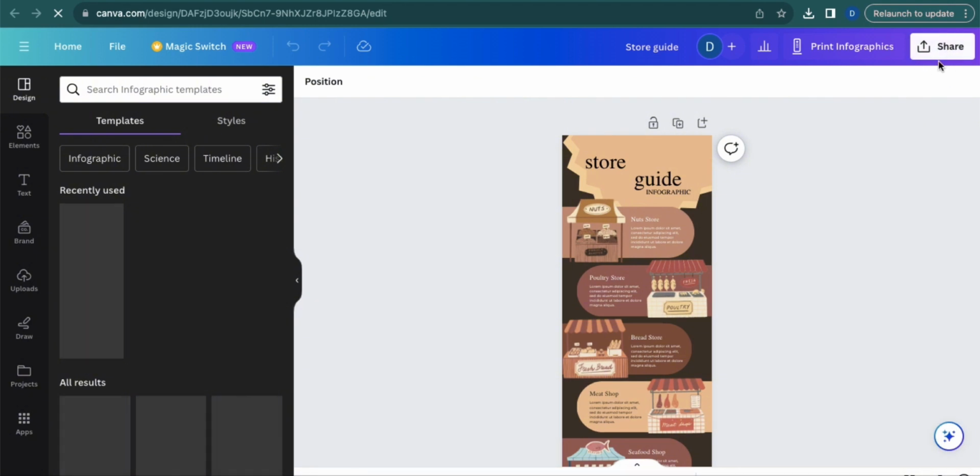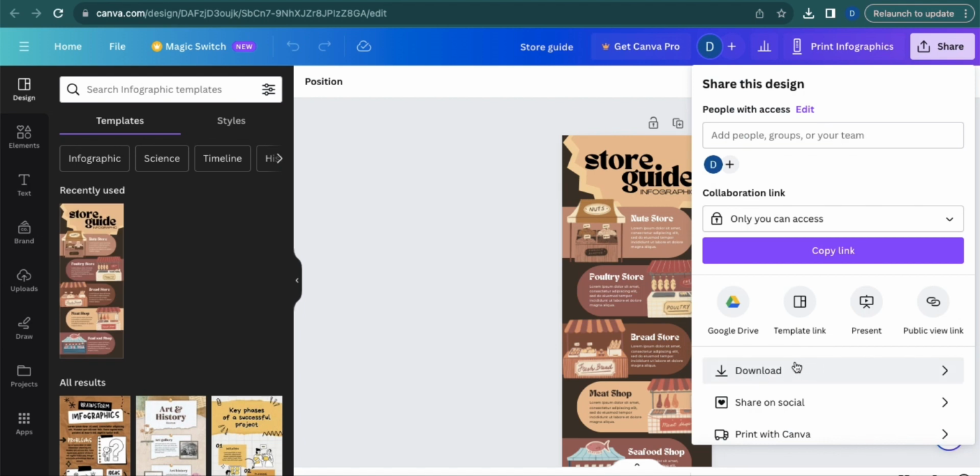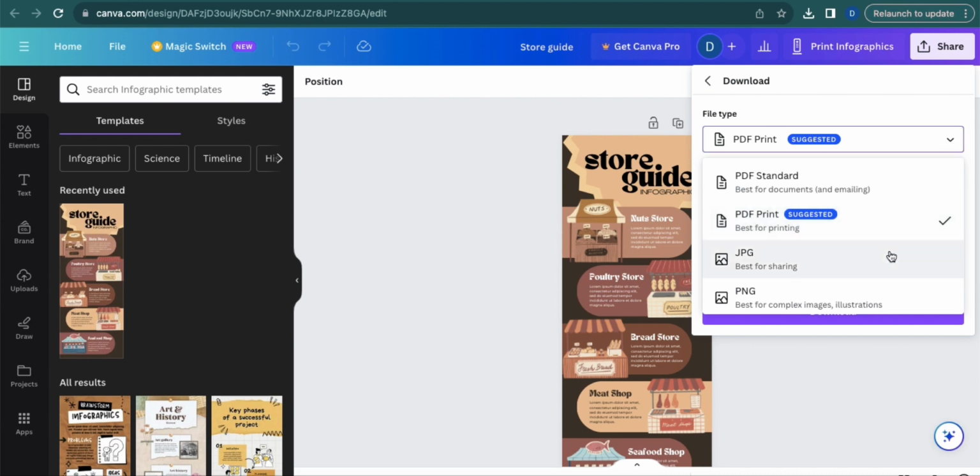Now click the share button found in the upper right corner of your screen and then click download. By clicking this drop down arrow button, you will find more file types that you can download. But since we want to download this file as a PDF, then we will be selecting this PDF standard option